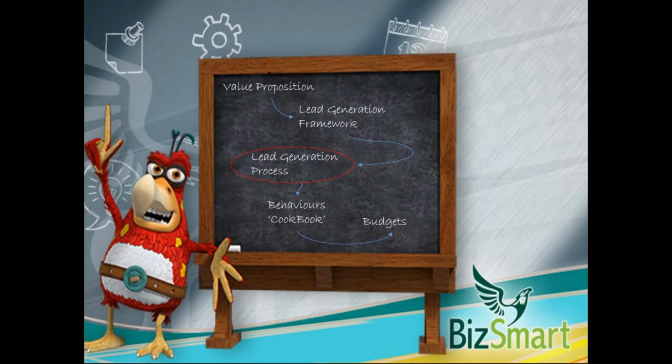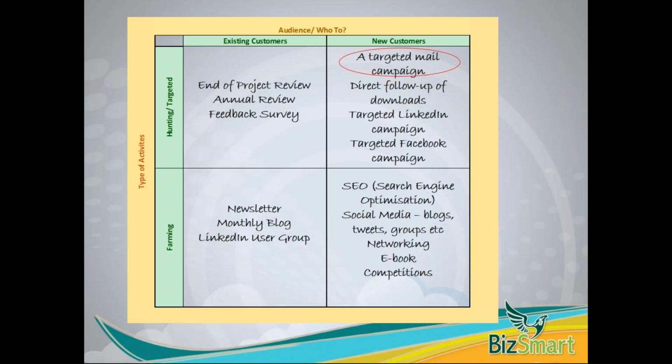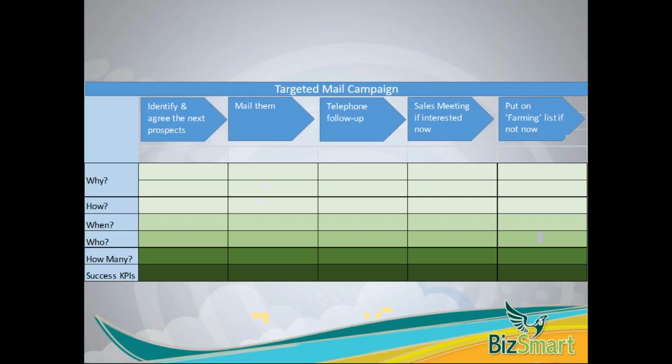And I'm going to take one example here and just very quickly talk about this, but ideally what you do is you would pick the one thing in each box and just spell it out a little bit more as to what's involved in doing that, and that becomes your lead generation and verging on a sales process as well for this. So if we take a targeted mail campaign, for example, and we're going to take that, then